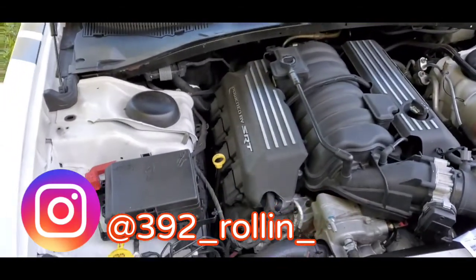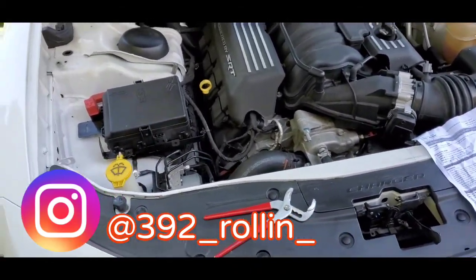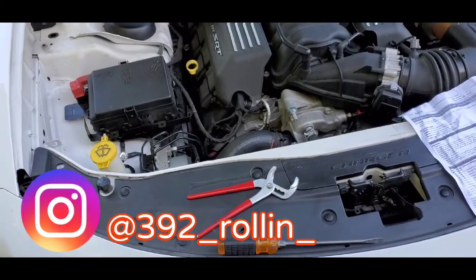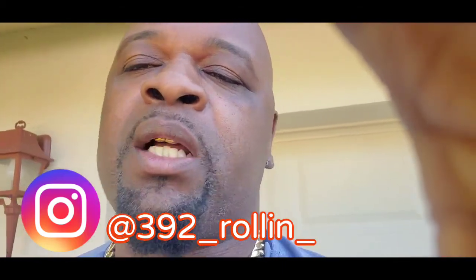One of the best ways to reset your car is to unplug the positive wire on your battery, let it sit for about 10 minutes, and then plug it back up, and it should reset your car. That was just a quick tidbit on what I'm doing this morning, just in case you guys get a